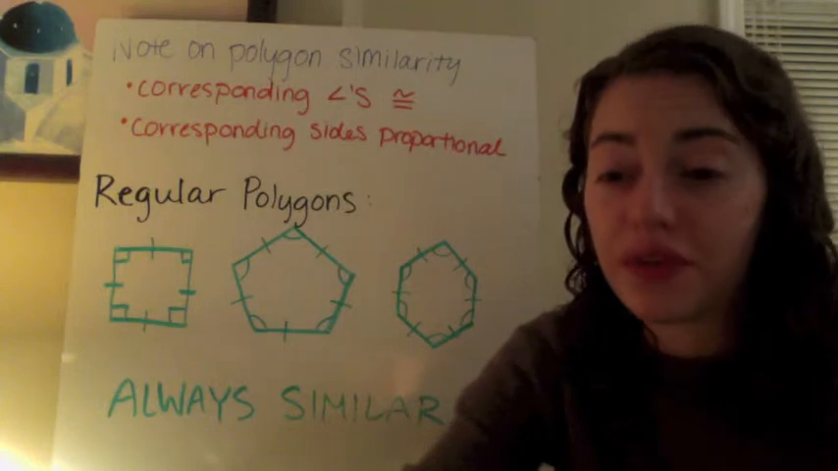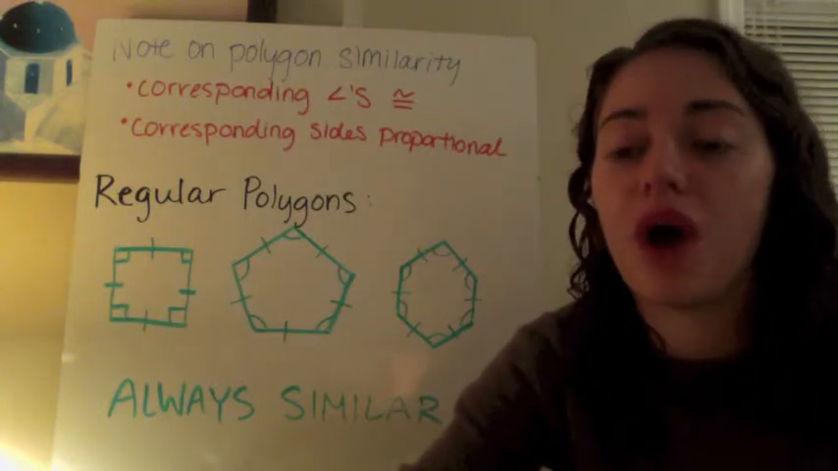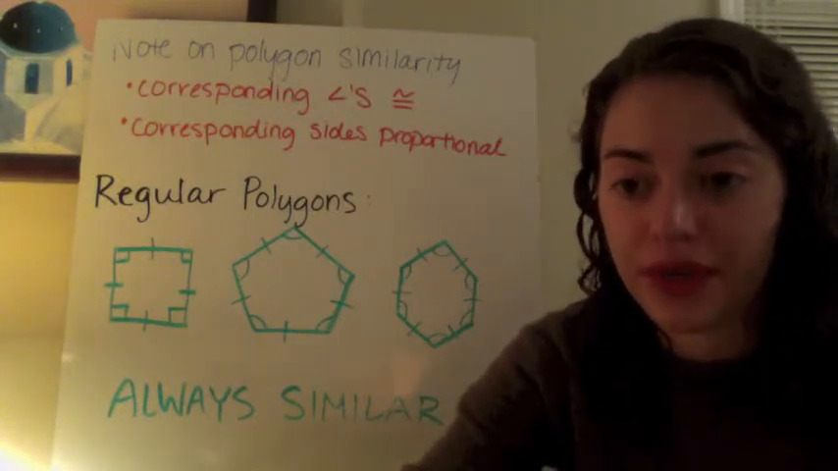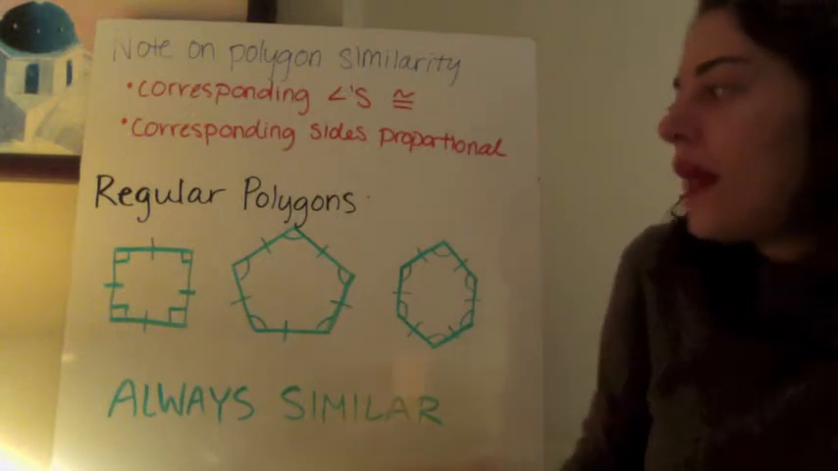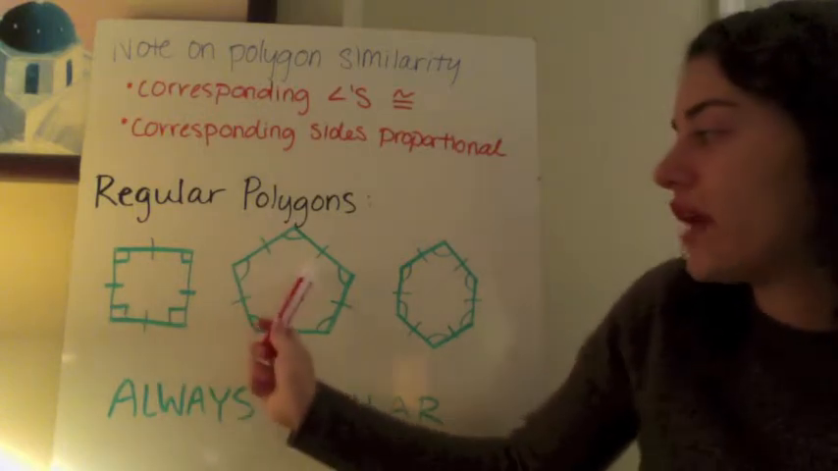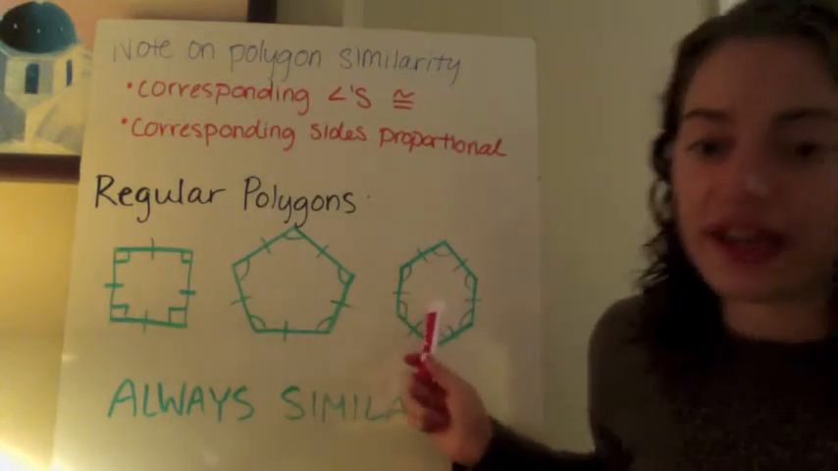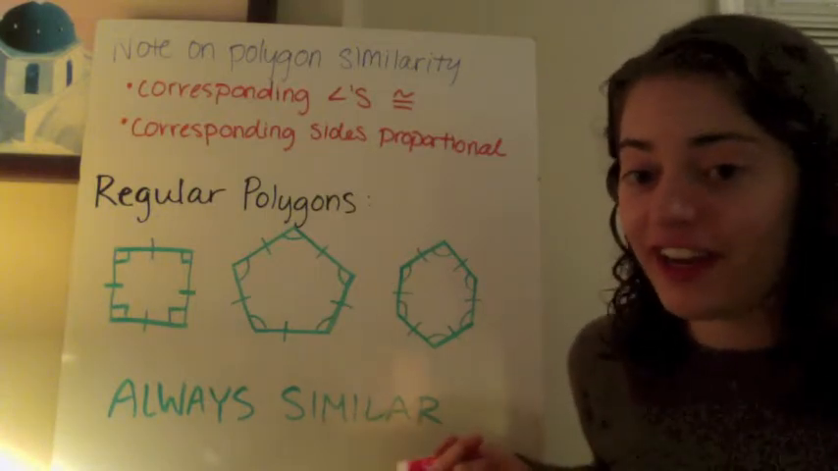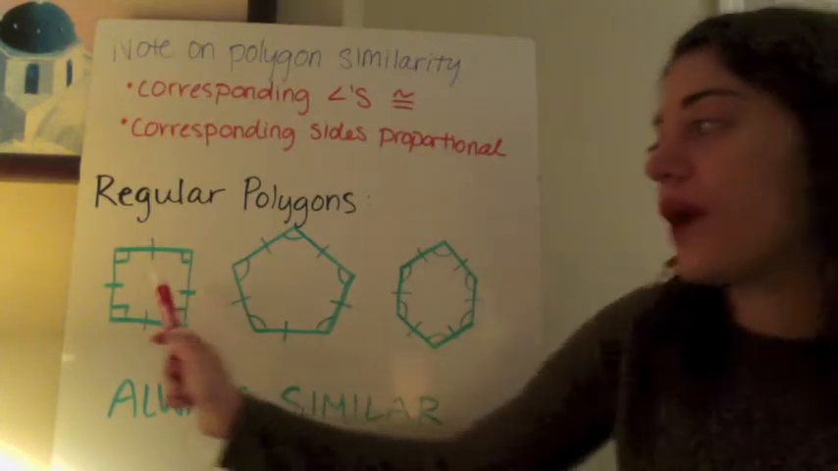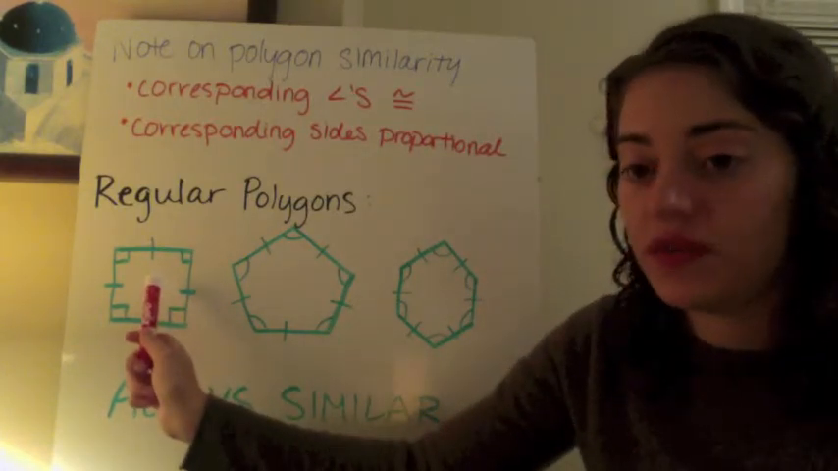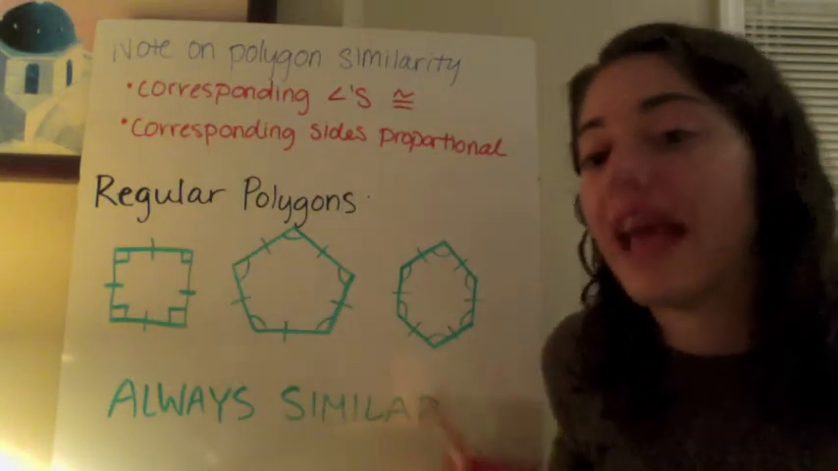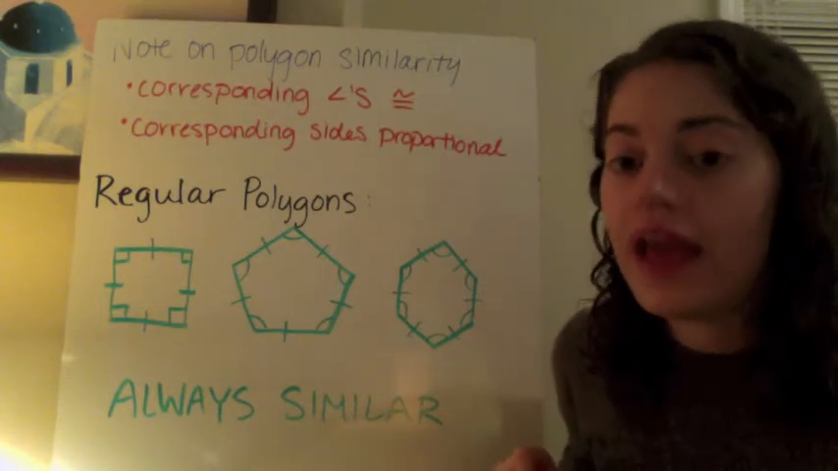Now let's take a look at regular polygons. Remember, a regular polygon is a polygon where all the interior angles are congruent and all of the sides are congruent. So, here I have a square. That's a regular polygon, a regular quadrilateral. Here is a regular pentagon, and here is a regular hexagon. I gave away the trick here, in that regular polygons are always similar to each other. So all squares will be similar to each other. All regular pentagons will be similar to each other because all of those angles are congruent and all of the sides are going to be proportional